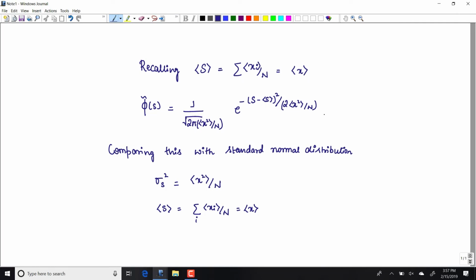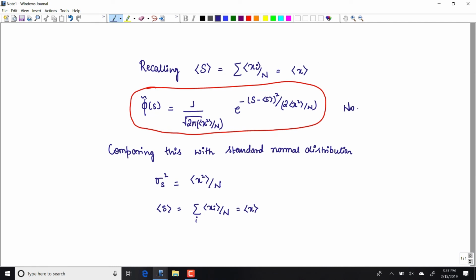So, the take home message here is, when I look at this expression that I am going to sort of box it, is that my distribution of S is also normally distributed. Okay. So, this is the take home message of our discussion. So, S is normally distributed. Okay. So, this is the end of this, this proves the central limit theorem,